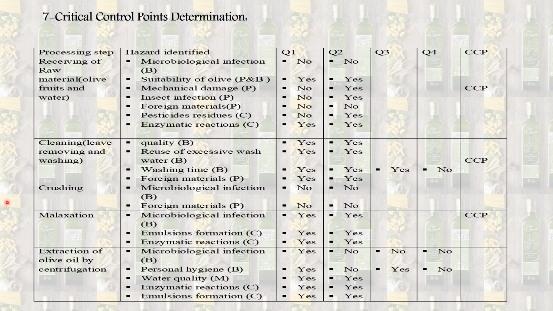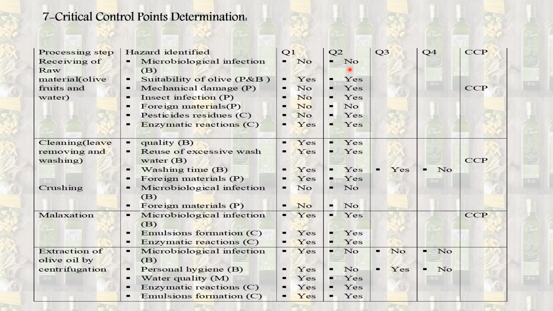First question, does a control measure exist at this step or a subsequent step؟ يعني هل الكنترول measure موجود للستيب هل في كنترول ميجر للهازارد اللي موجوده في الستيب دي؟ In the receiving of raw material the answer will be no. So should I stop till I find the existing measure or control للهازارد ده؟